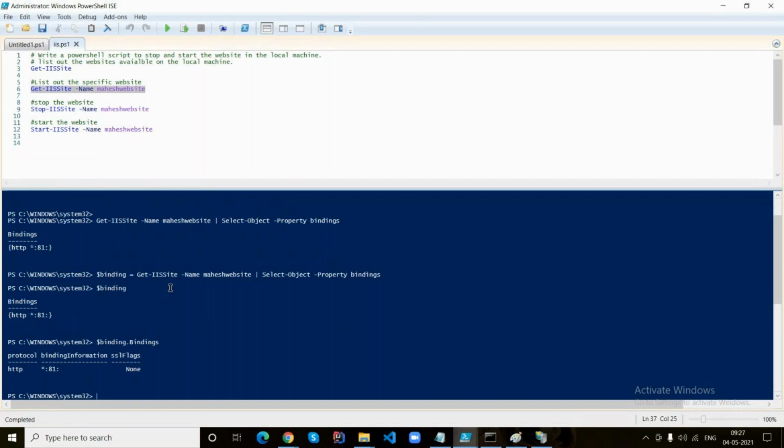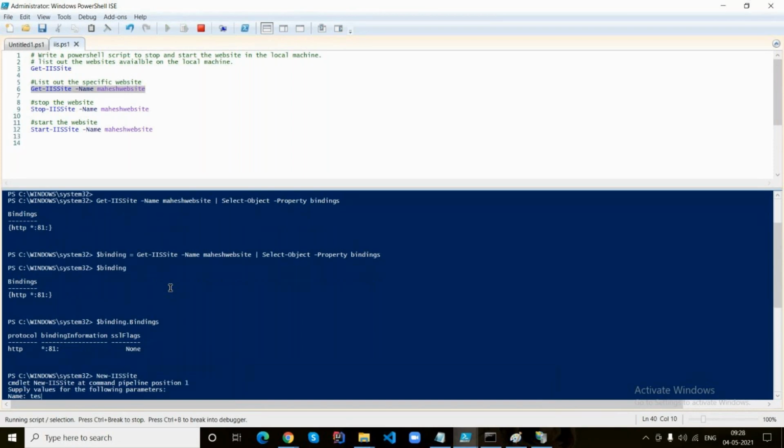So now we need to identify how to pass on this binding information to the website. Okay. So now create a website and just pass like star colon 82 colon. That's it. New website, please. New IIS site.